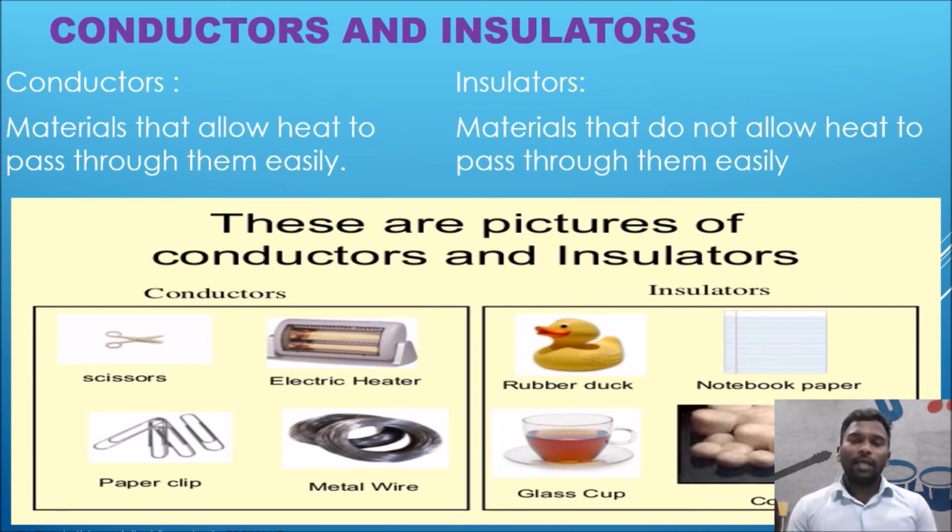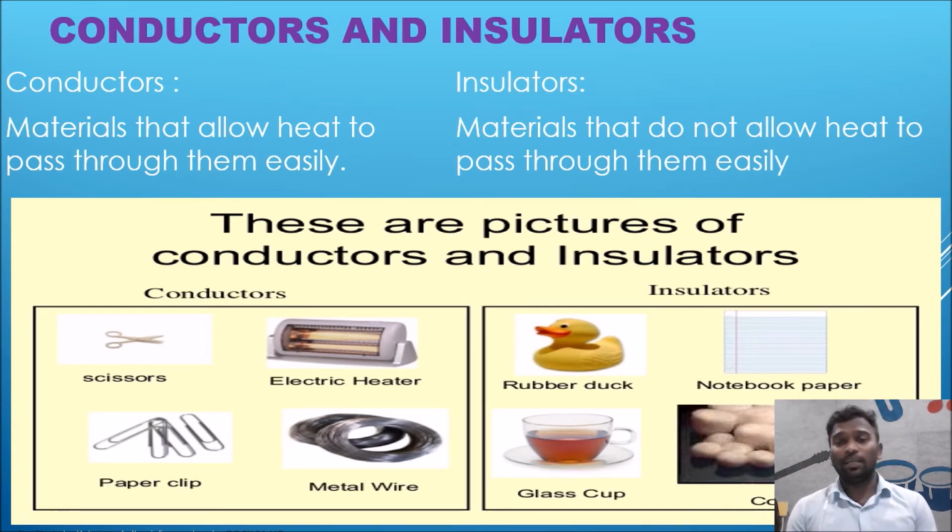Next, what does it mean by insulator or insulators, right? So an insulator is exactly opposite to the conductor. We are going to define the insulator right here. A material or a substance which doesn't allow heat to pass through it easily, that is called an insulator, right? If you consider any material, any substance, if it doesn't conduct, if it doesn't allow the heat to pass through it, therefore that material is called an insulator, right?